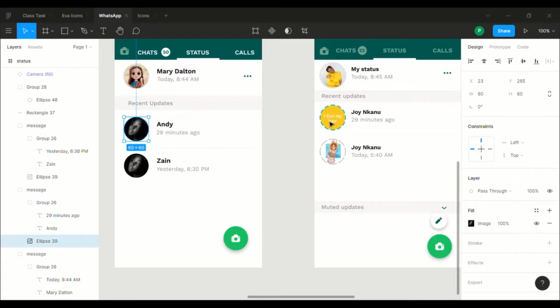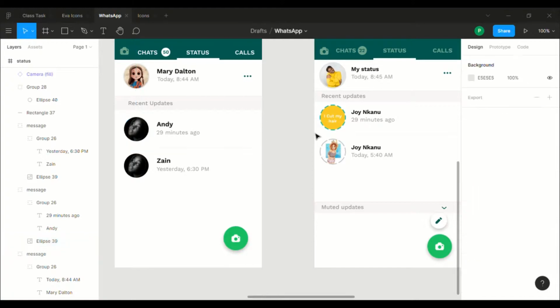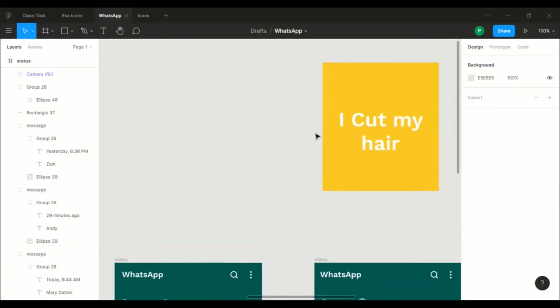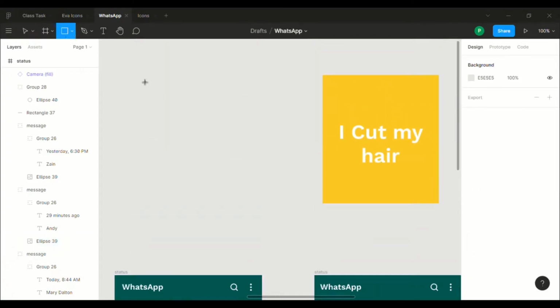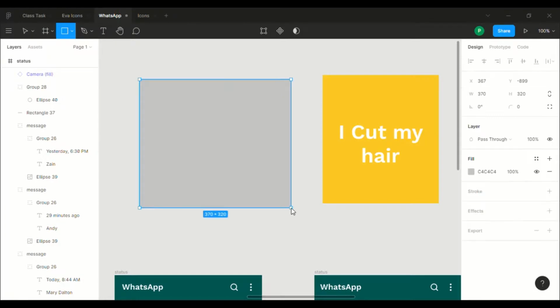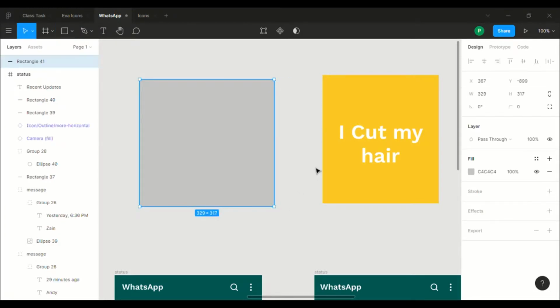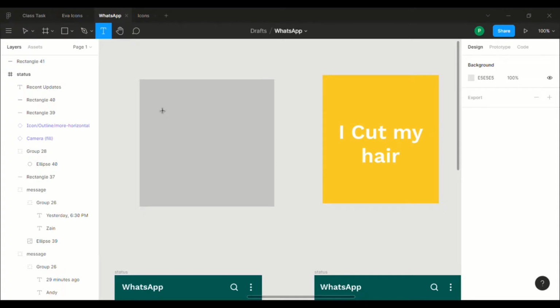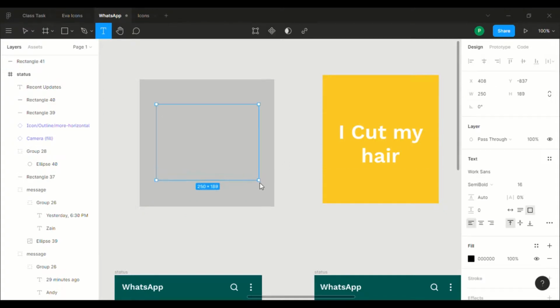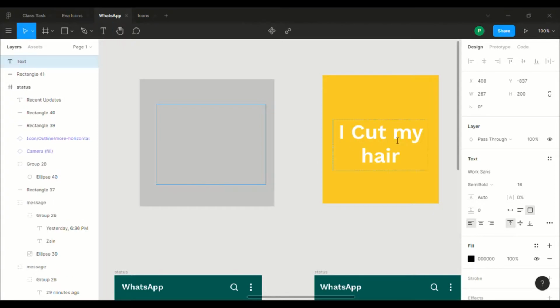So how I got this, like the text status update, how I got this was to get my rectangle to draw out some stuff, and then your text T. And then this game people play on WhatsApp, like I got my hair, and then when you send them a message saying why, they say hey I got you, and then they'll send you a list of things to post on your status. Okay, so I'm going to have